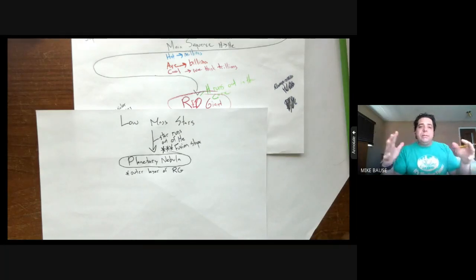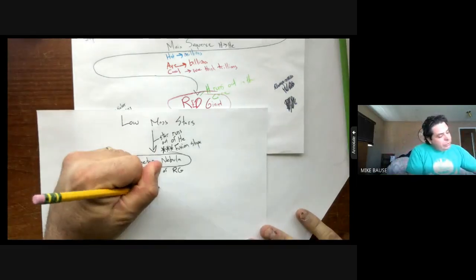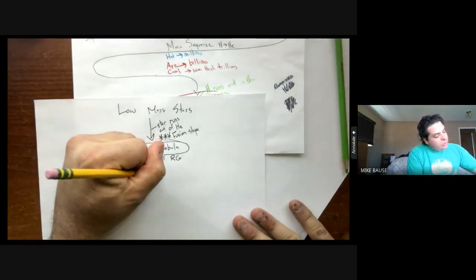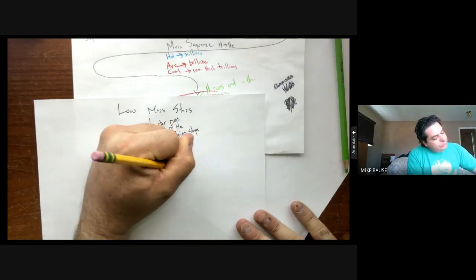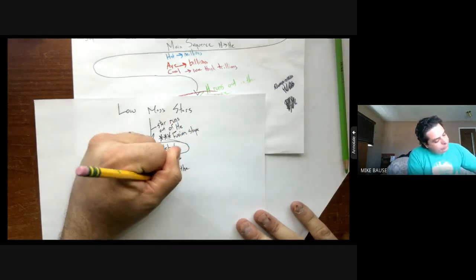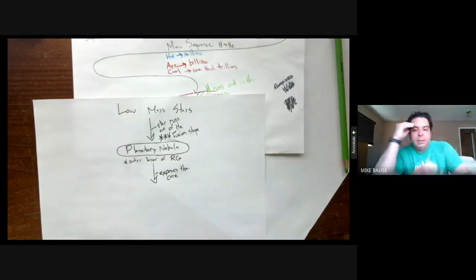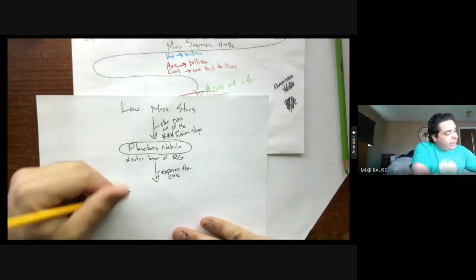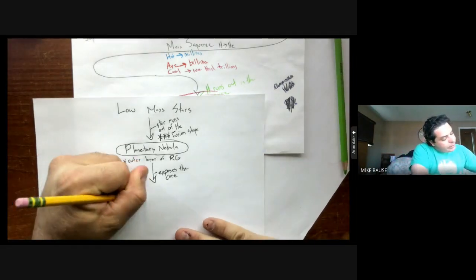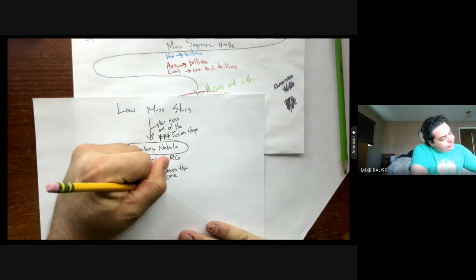And it begins to expose the next thing. So it exposes the core. It exposes the core of what used to be in the red giant, right? That core is what we call a white dwarf,